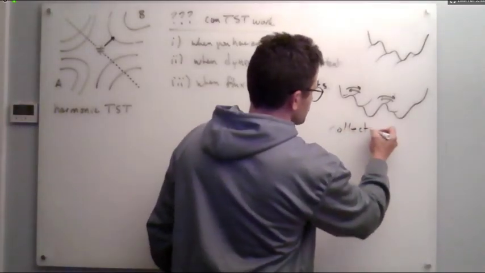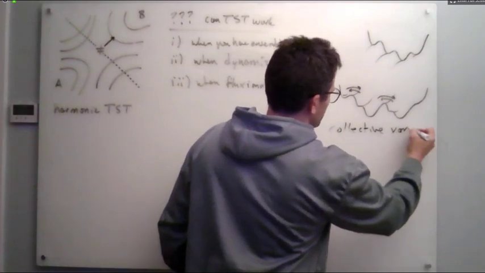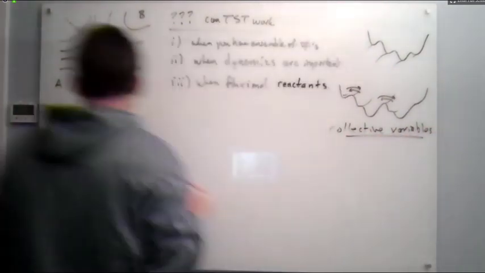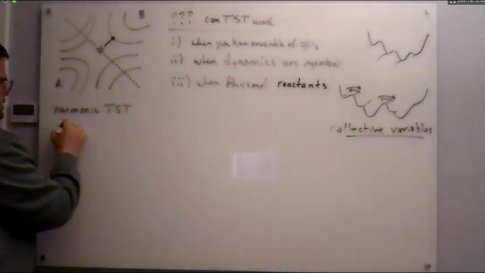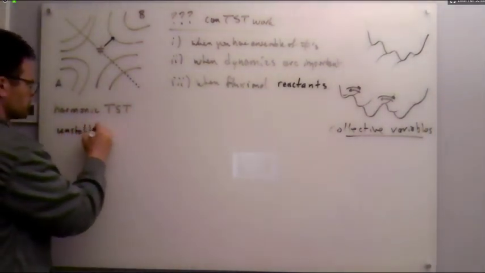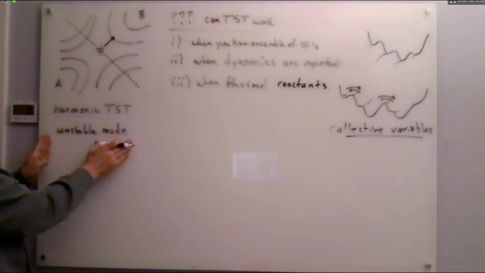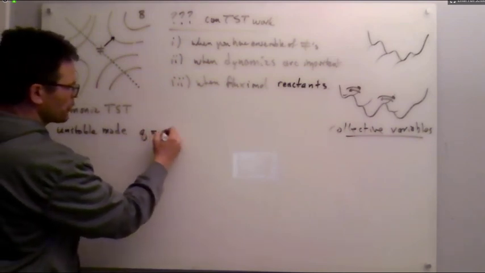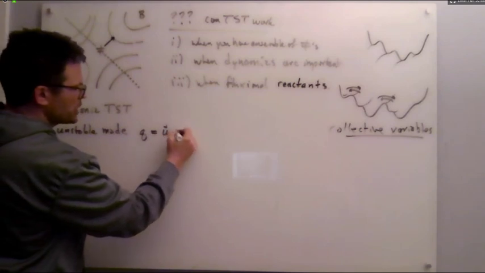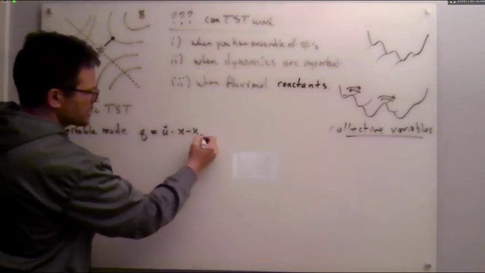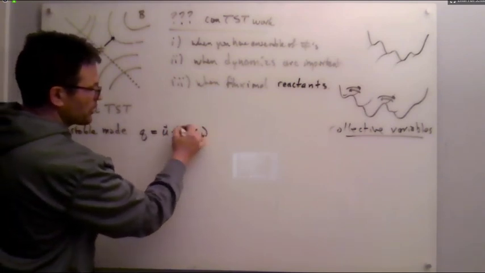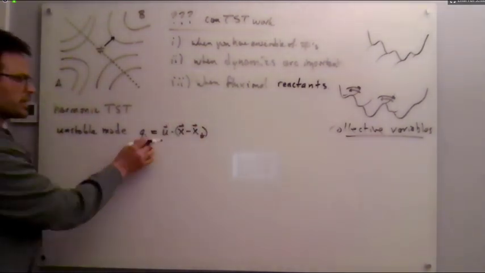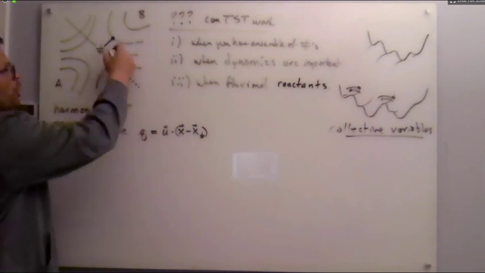Over here, we're going to think about collective variables as our reaction coordinates. And over here, we think about this unstable mode. So the unstable mode itself is not my reaction coordinate. Specifically, my reaction coordinate would be the unstable mode dotted into my displacement from that saddle point. And that would give me a very specific reaction coordinate that's a scalar that tells me how far I am